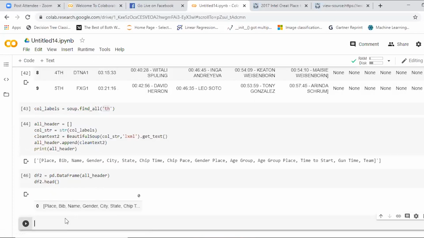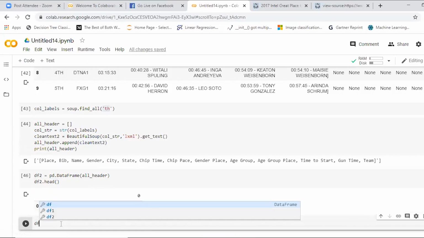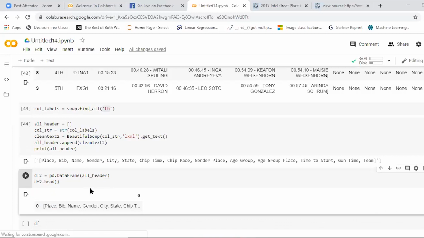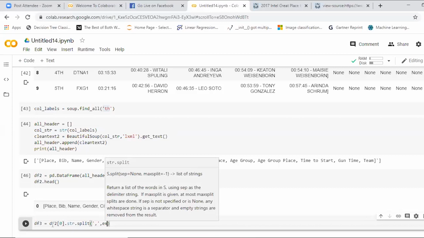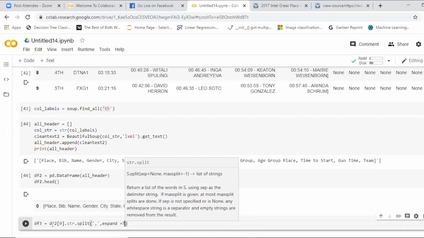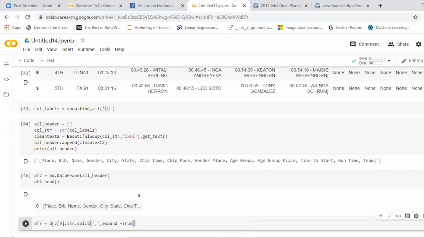See, you got this. Then you split those columns, because we have that in a single column. We split it, which we did in the earlier step. df2 of column 0 dot str dot split with comma separating, and you expand it, which is a simple built-in method to expand it.